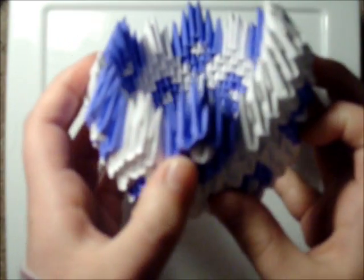And 2 rows. Okay, so I have put 2 rows of white over top of this diamond, and I'm going to put 2 rows of white over top of this diamond, so I have a total of 2 of them covered, and I'll get back to you when I have finished that. Okay, so I finished the 2 layers on each of the 2 diamonds, and now on the following,